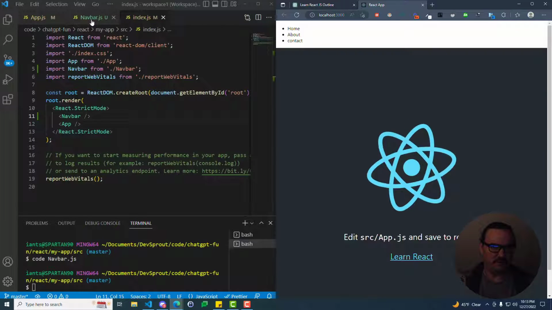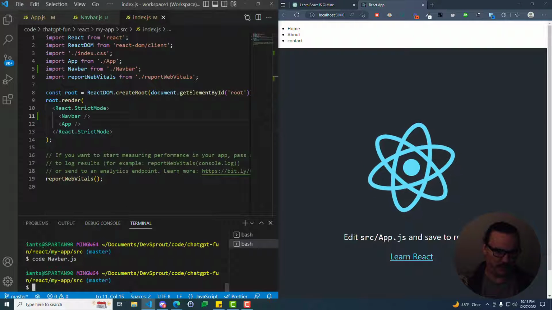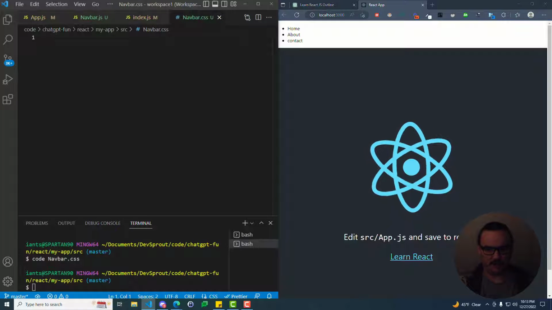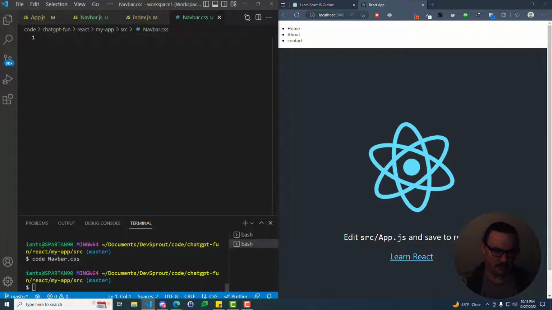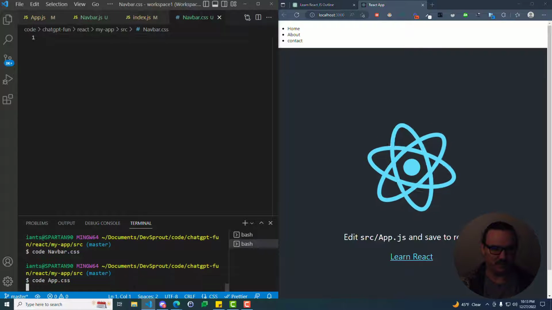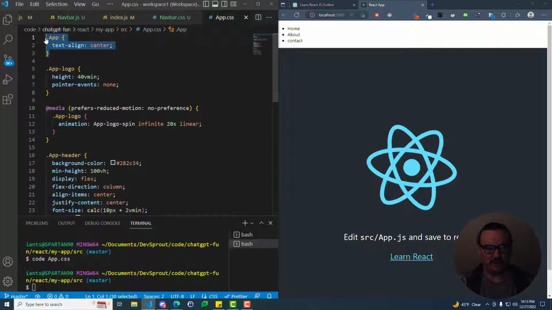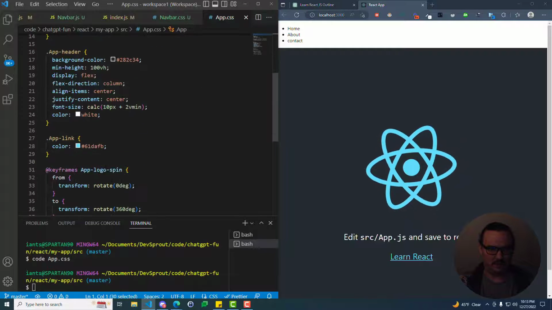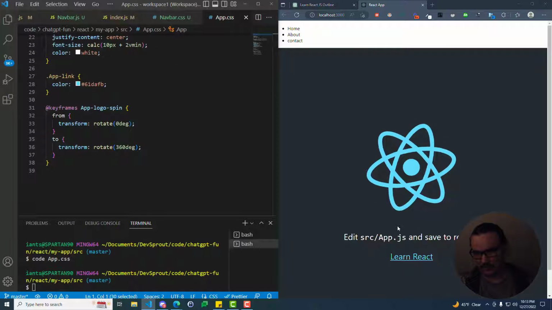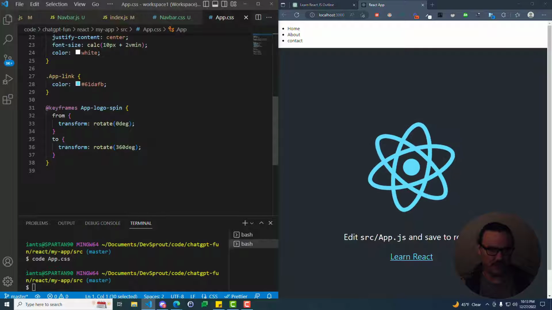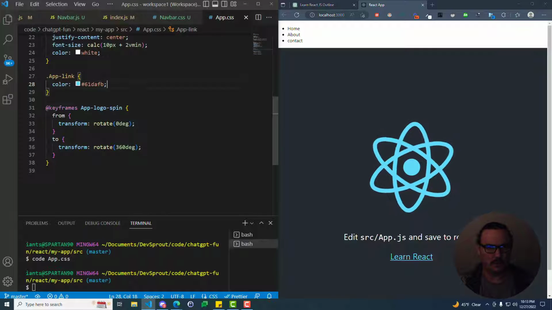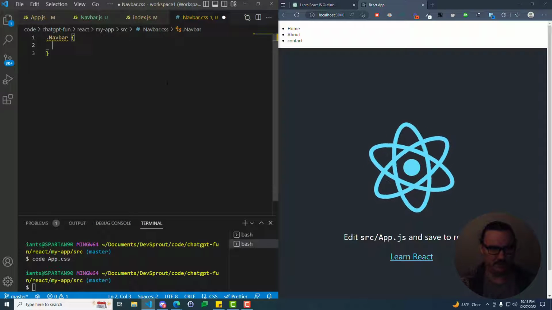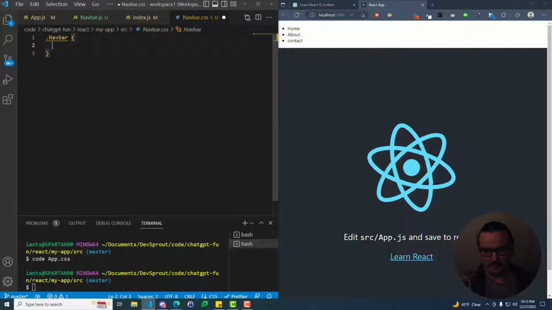So I'm curious to see if we open up the CSS file and just begin writing some CSS directly in here, what'll happen. We can, of course, always open up the app CSS file and just compare. Here you can see there's that .app with a capital A. That's that class name that they used. And then they've got some other cool stuff in here that makes all this centered, and the font and the color and the rotation of the animation. Okay, so going back to navbar.css, we should be able to just do a navbar selection. And then for the navbar,